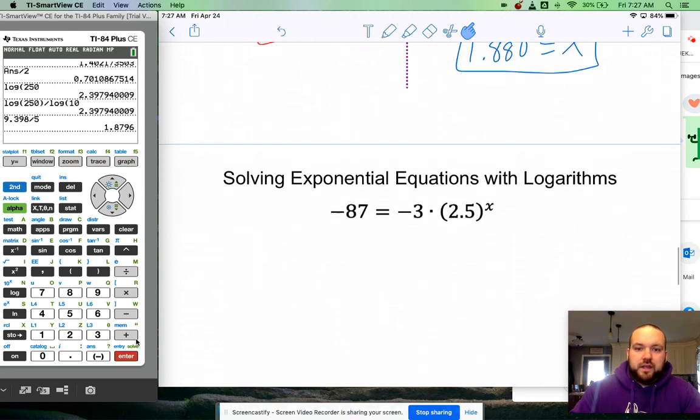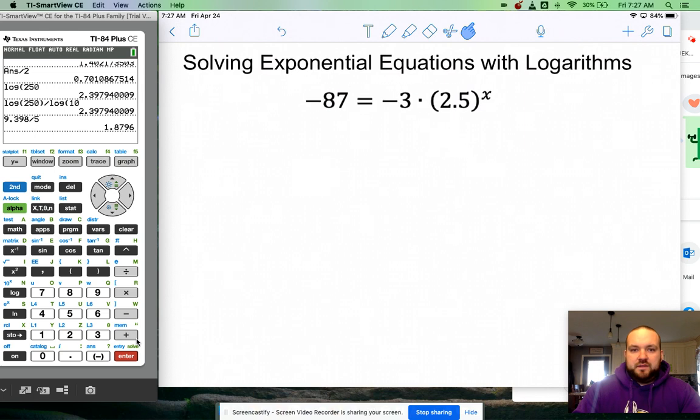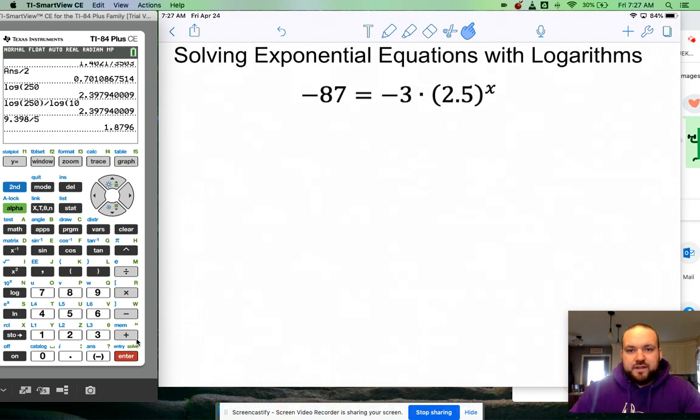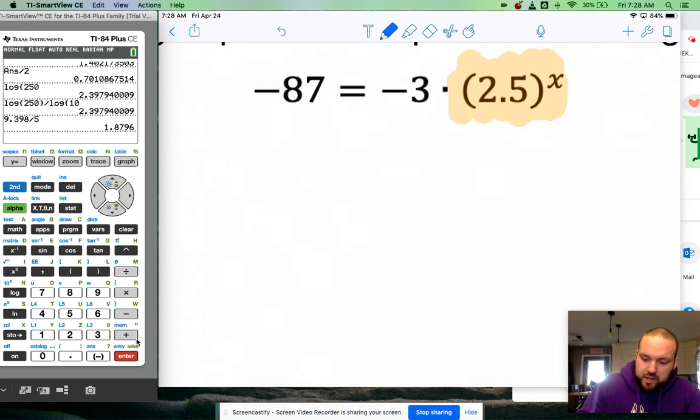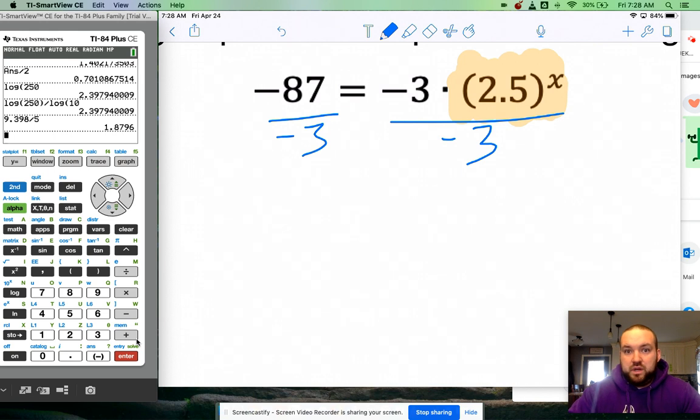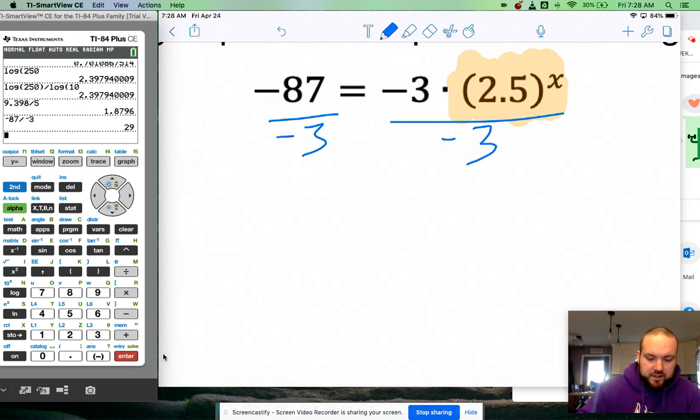The only thing that can get in your way is if you have something that looks like this. So negative 87 equals negative 3 times 2.5 to the x. Right here is my base number and my exponent, right? That power of x is only applying to the 2.5. So before I can rewrite this as a logarithm, I have to get rid of that negative 3. And I'm going to do that just using basic division that we would do if it was negative 3 in front of x. So I'm going to divide negative 87 by negative 3, and then I'm going to go ahead and rewrite this